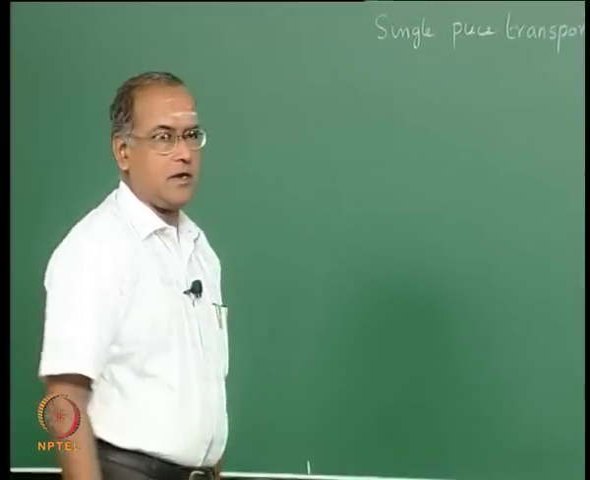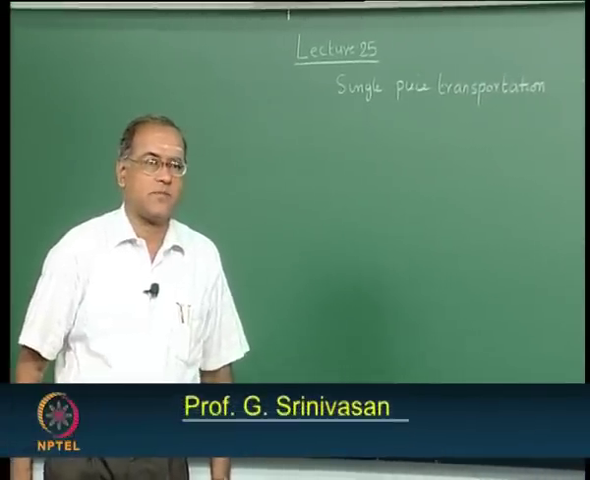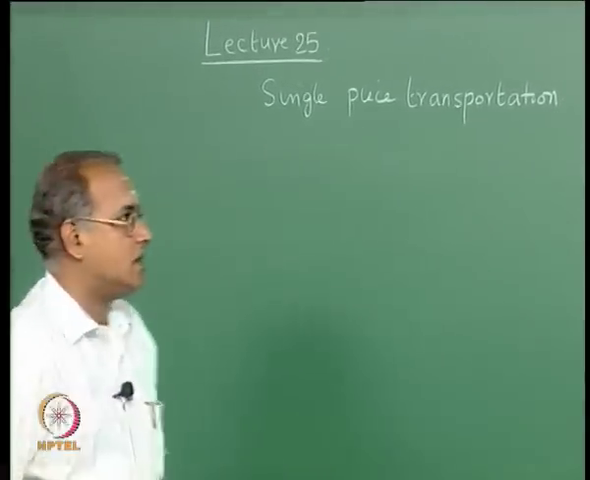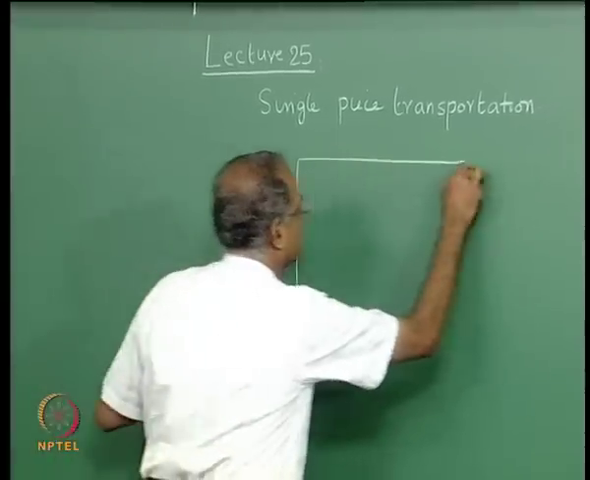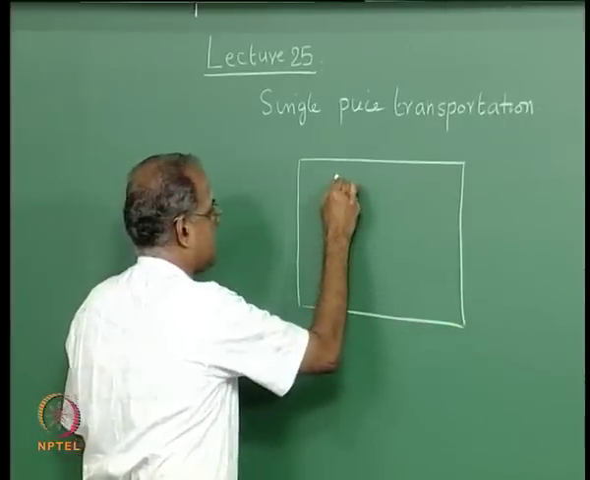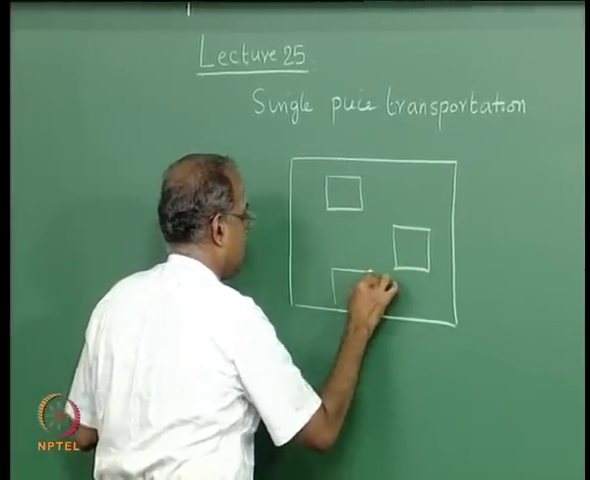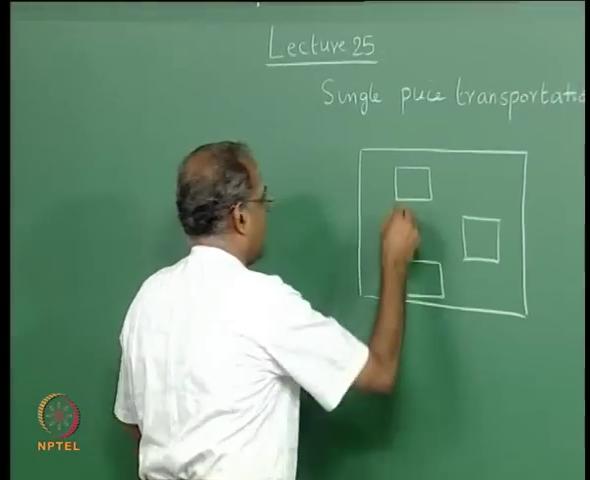In this lecture we continue the discussion on cell scheduling and sequencing. We particularly look at the advantage of single piece transportation. So, if we consider a cell which has 3 machines, which we could call M1, M2 and M3,